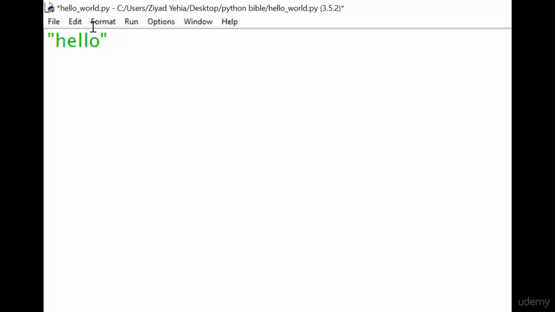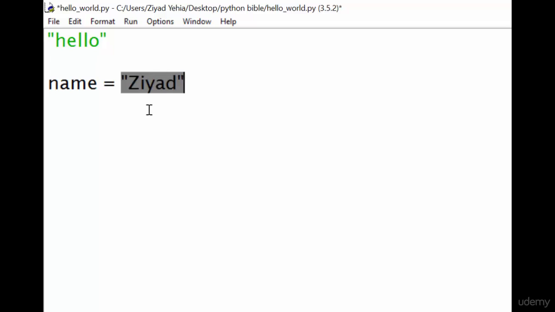Now, as you can see, IDLE has turned our string green to help us identify strings at a glance and also detect if something isn't quite right. Now, just like numbers, we can store strings inside variables. So let's create a box or a variable called name, and I'm going to assign that the value of Ziad, which is my name. And basically, this is just going to take the string called Ziad and store it in